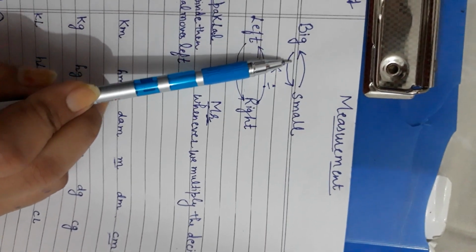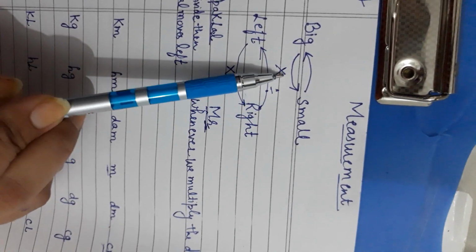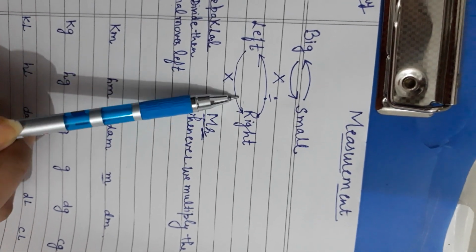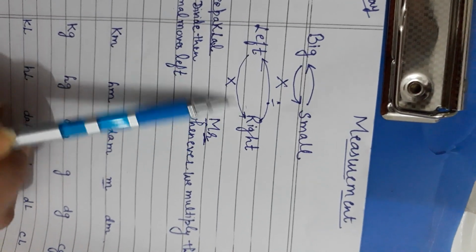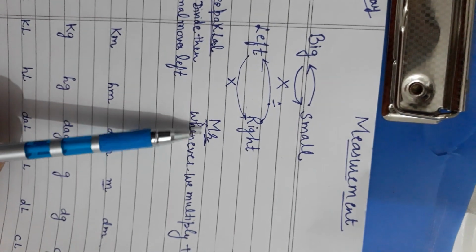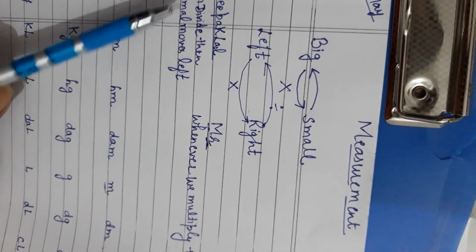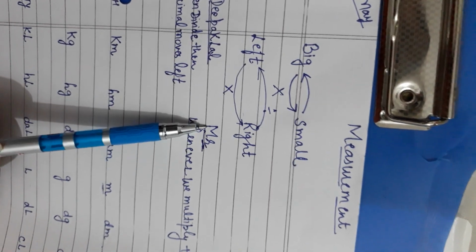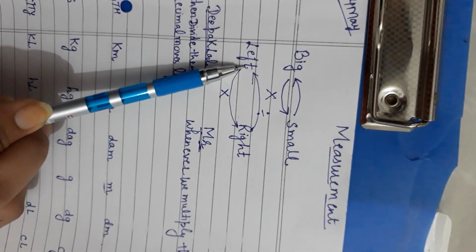ਹੁਣ now listen the rules: whenever we go from big unit to small we have to multiply because ਆਪਾਂ left to right ਜਾ ਰਹੇ ਹਾਂ ਨਾ. ਜਦੋਂ right side ਤੇ ਜਾਵਾਂਗੇ, so I have told you the code Mr. Deepak Lal, Mr. means multiply. ਜਦੋਂ ਰਾਈਟ ਸਾਈਡ ਤੇ ਜਾਵਾਂਗੇ ਤਾਂ ਮਲਟੀਪਲਾਈ ਹੋਏਗਾ ਠੀਕ ਹੈ.